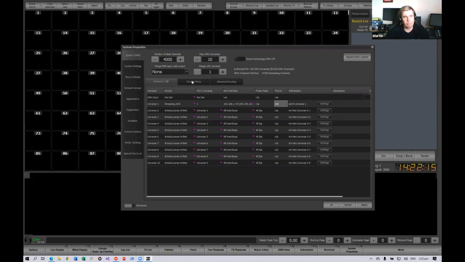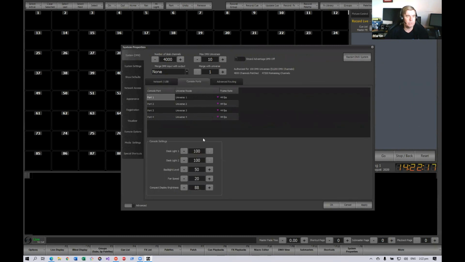There's another tab within here called console ports. So this determines what Neo universe is going to go out the 4 ports that are on the back of the console. So again, it comes set up default 1 to 4, but as we've often said, you could use those